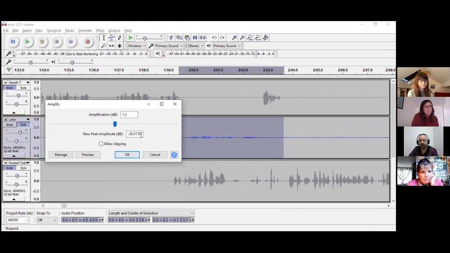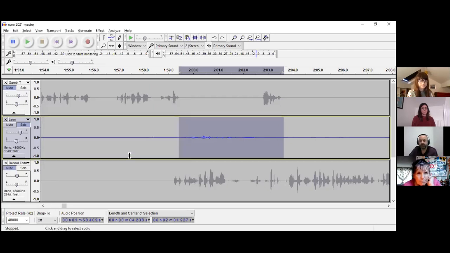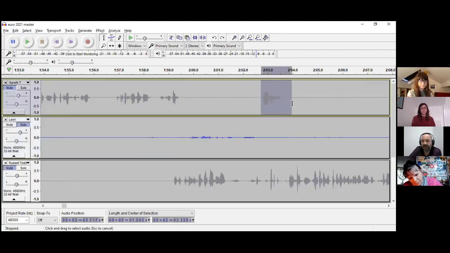So if I do 1.3, again, just look at the waveform, okay? It's within range because I can still click on OK. Anybody notice that? Barely, barely noticeable. It's a percentage. So you're starting from a small base because there's very little sound there, yeah? If I increase that up here, let's color it, if I increase that bit by 0.3,